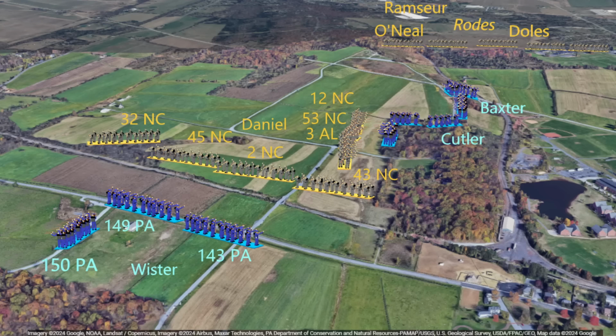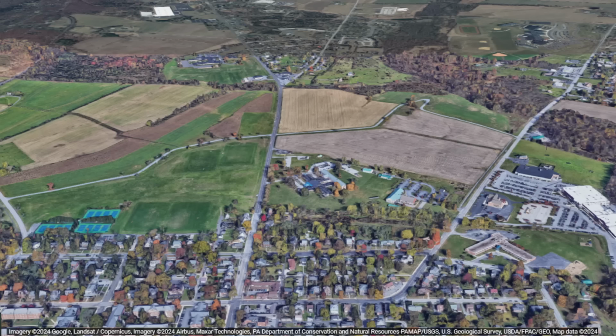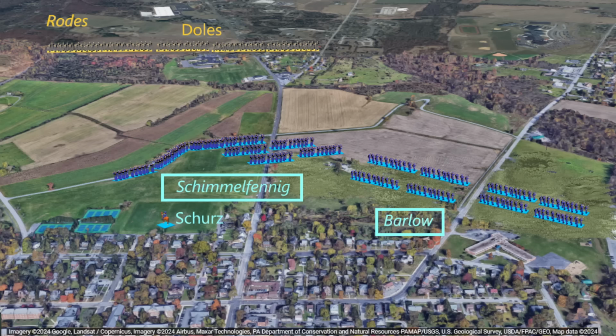It's about 2 o'clock. We will take a wide angle and move from Stone and Daniel on McPherson's Ridge and jump back over north of town to Schurz's corps. There is much more development today than in 1863, so I'll remove some of the modern concrete to show the open fields of 1863. With Barlow now arrived and in position, Schurz's corps has 2 divisions on the field, Schimmelfennig